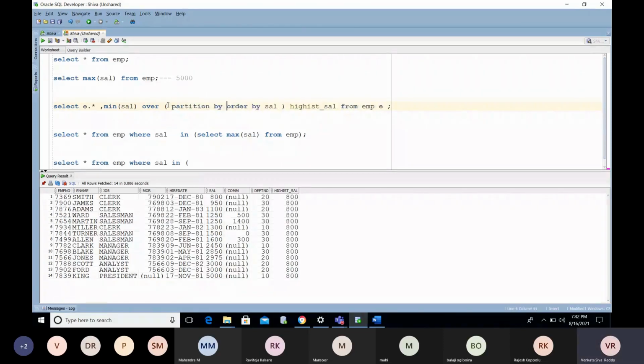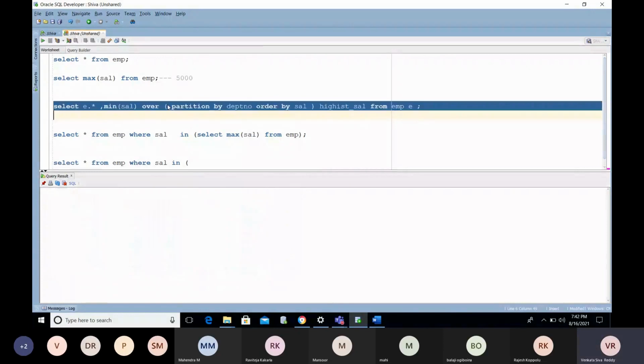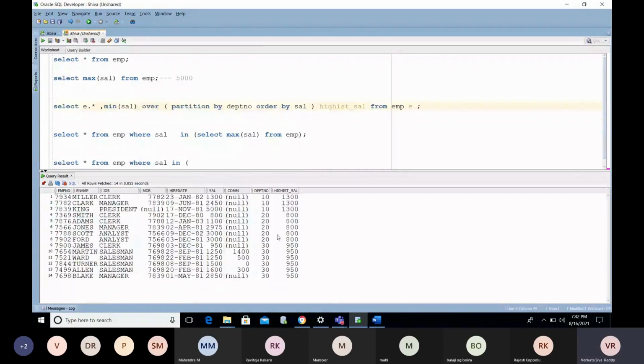partition by DEPTNO. So now you are making a group. You will get the maximum salary from each and every department, and the minimum salary for each and every department. Try to compare. So this is the group. You made the group, right? Partition by, in the sense you are trying to make a group department wise. All the values are sorted and stored, the first three records in the first group and the remaining in the second group. Got it? So it becomes a group, right?